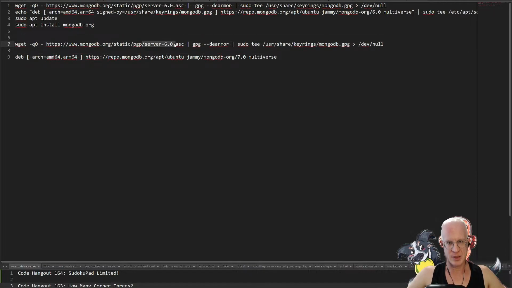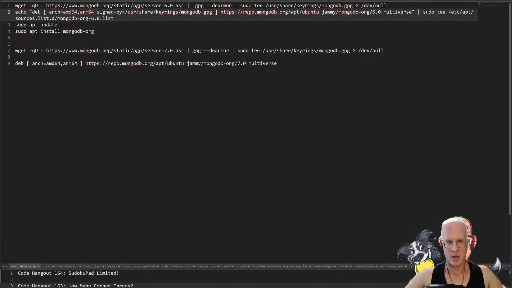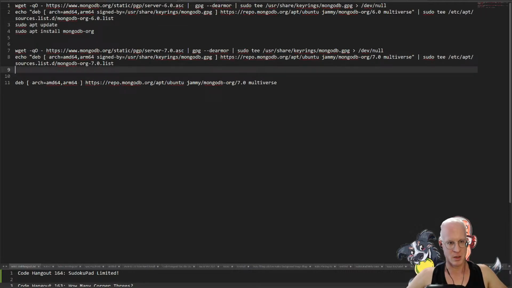Now, is server 6.0... does that make sense? Do I want to change that to 7? I feel like I do want to change that. I think this is... So we have deb signed-by. Okay. So if I go here and then do this, jammy, mongodb-org 7.0 multiverse, blah blah blah 7, and then I do